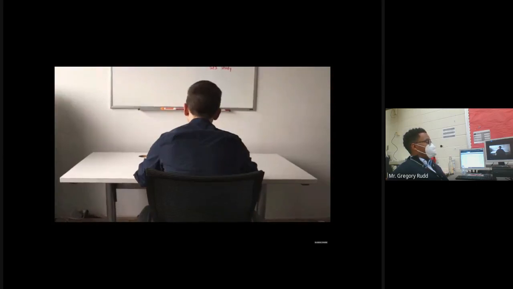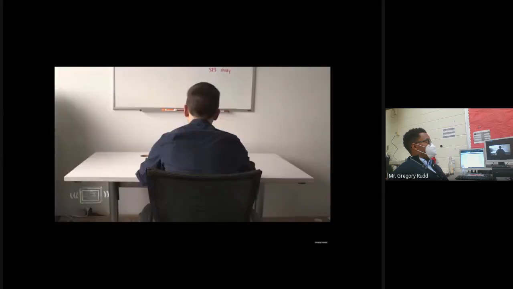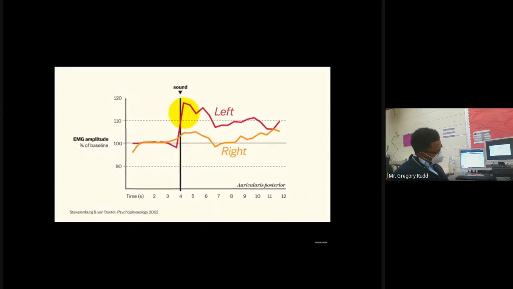In one study, researchers recorded a spike of activity in the ear muscle cells in response to a sudden sound. Not enough to move the ear, but detectable. And you can probably guess the location of the sound based on these results. It came from a speaker placed to the left of the study subjects. So this is their left ear subconsciously trying and failing to pivot toward the sound.